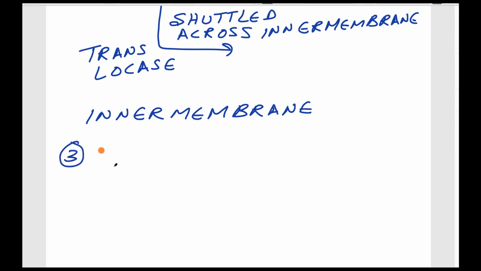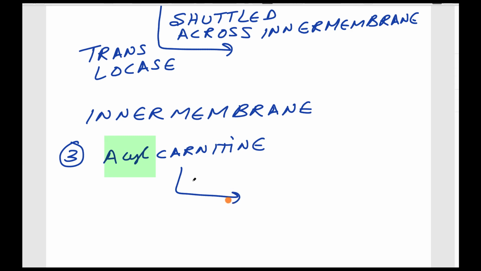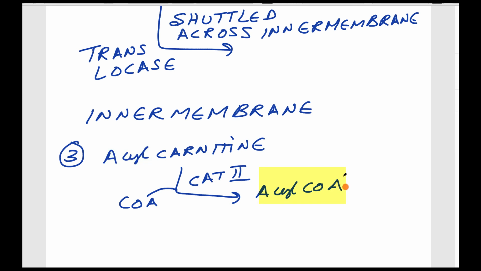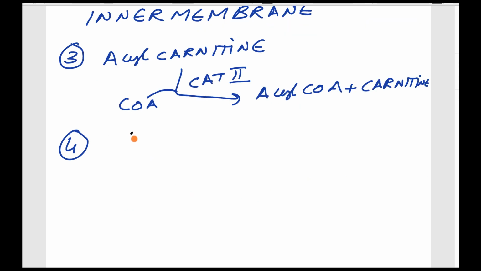Okay, so acyl carnitine. By the action of carnitine acyl transferase 2 in the presence of coenzyme A, it leads to acyl coenzyme A plus carnitine. The fourth step is carnitine enters